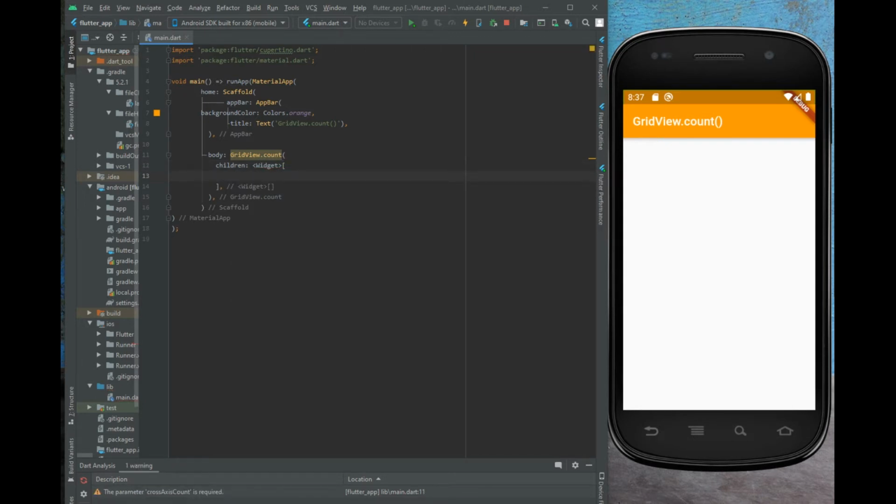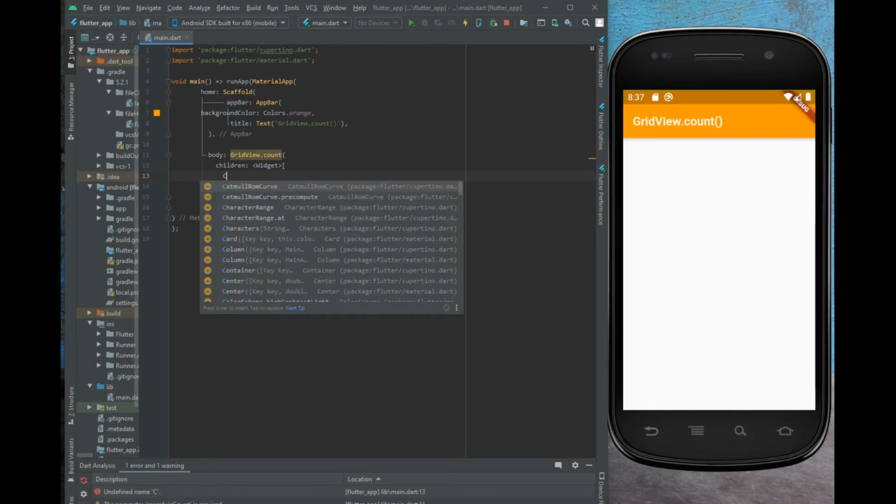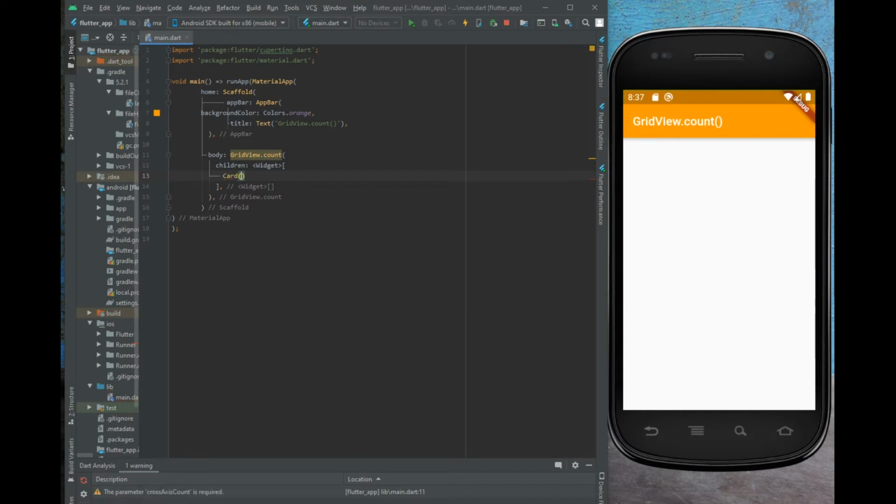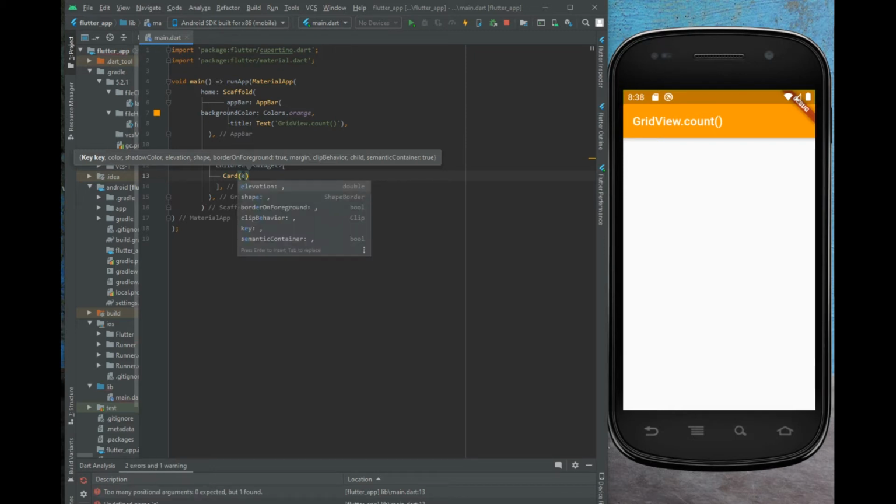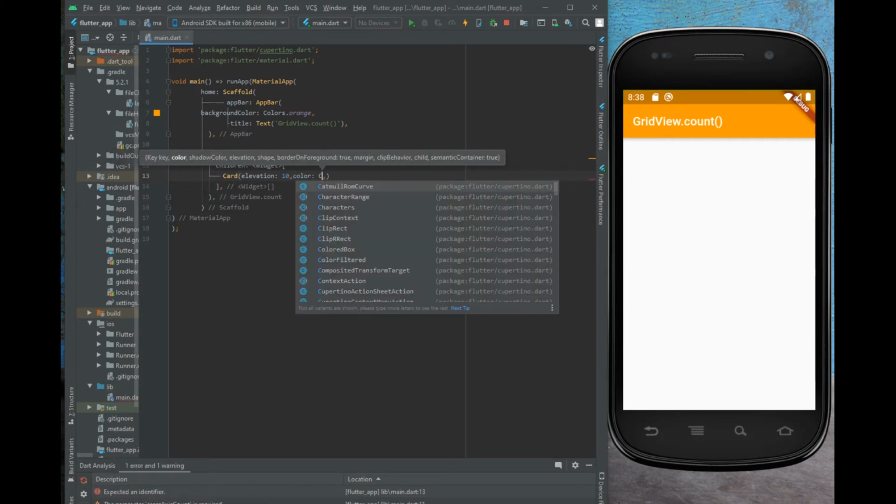So, in the square brackets, I am going to add some widgets, and let me add a widget called card widget. Then here I am using a property called elevation. Let me give 10 here, and I am going to add color for this.